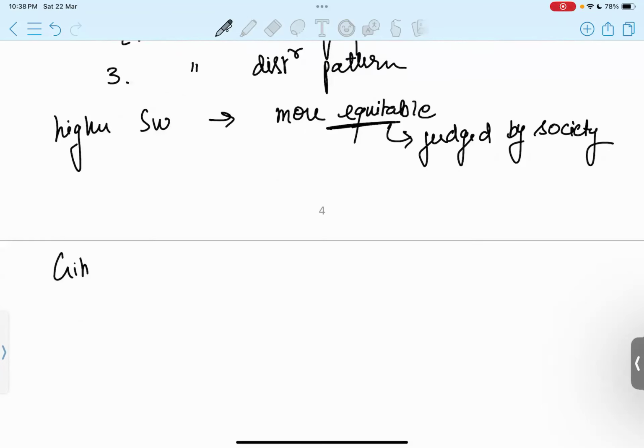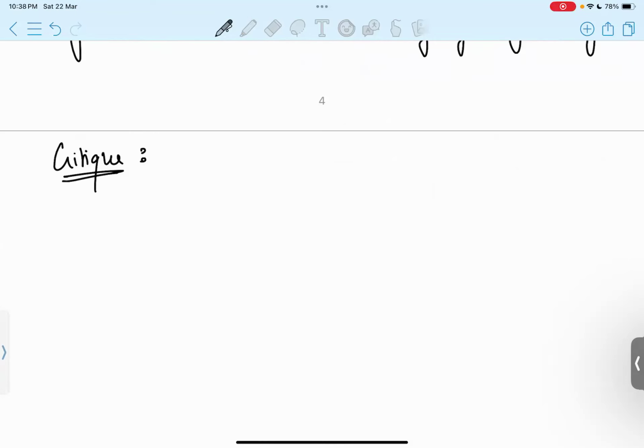Now looking at its critique, we are still on the Bergson-Samuelson social welfare function concept itself. Here we see the economist Baumol. He said that the discussion so far is not telling us how to get the value judgments which are required for the construction of the social welfare function. It is just talking about the value judgment. What is the value judgment? But how to arrive at it, what will be considered as a value judgment, how we are going to identify that is missing